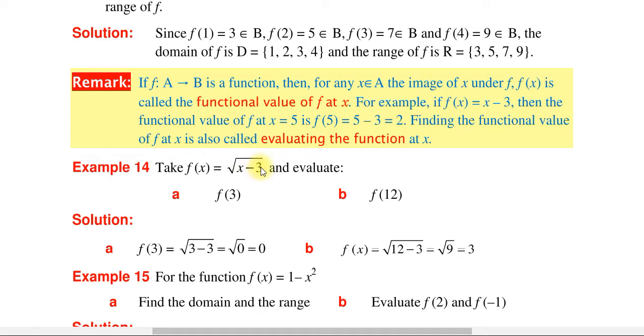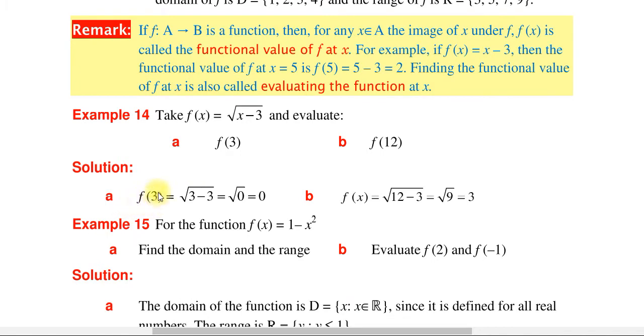እንግዲህ ሪማርካችን ምሳሌ ስናይ take f of x equals root x minus 3 and evaluate f of 3 and f of 12. Evaluate እናደርጋለን እዚህ ጋር። ስለዚህ እንዴት ነው የምናደርገው? f of 3 እናደርግና x ላይ ማን እናስገባለን? 3 እንተካለን ማለት ነው። So under radical 3 minus 3, which equals root 0, which is 0 ይመጣልናል ማለት ነው እንግዲህ። And የ12 ደግሞ ስንሰራ f of x ማለት root x minus 3 ነው። x ላይ ማን እንተካለን? 12 እንተካለን። Then under radical 12 minus 3, which equals radical 9, which is 3 ይመጣል ማለት ነው።